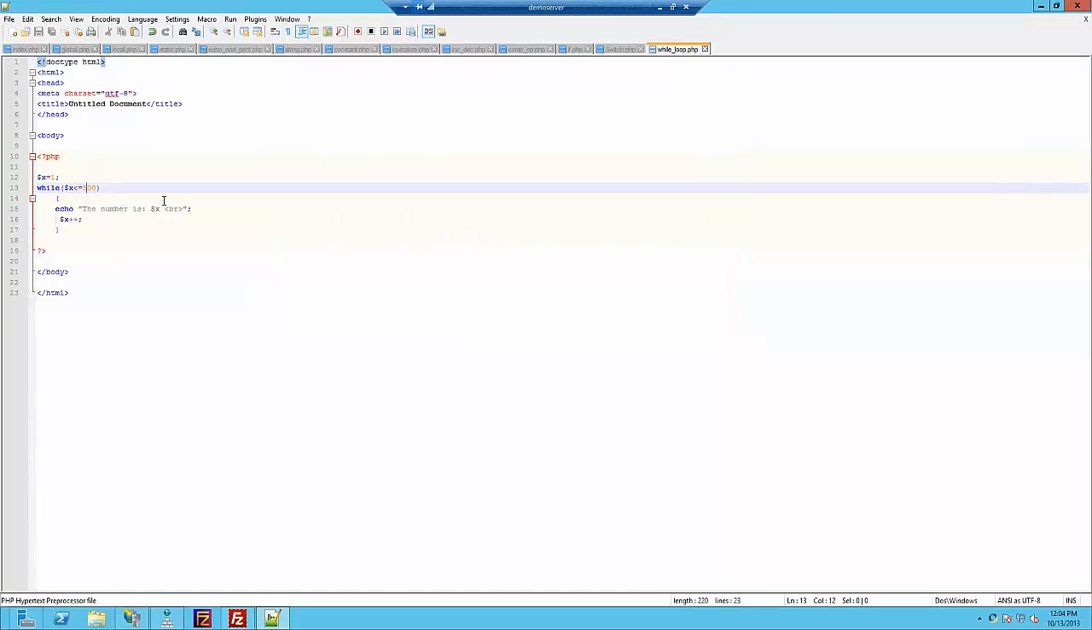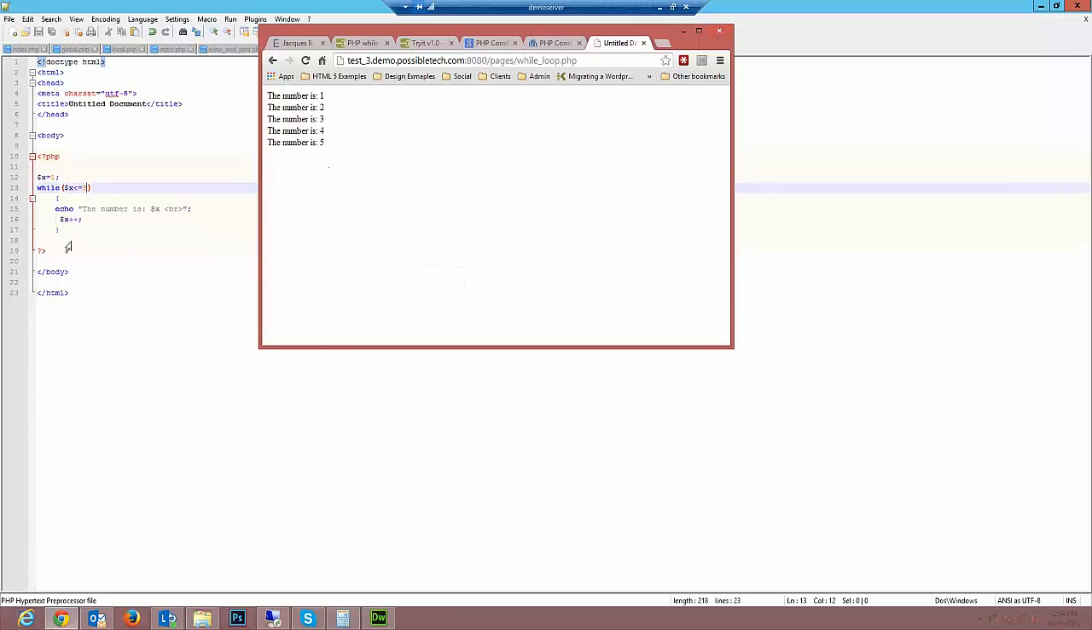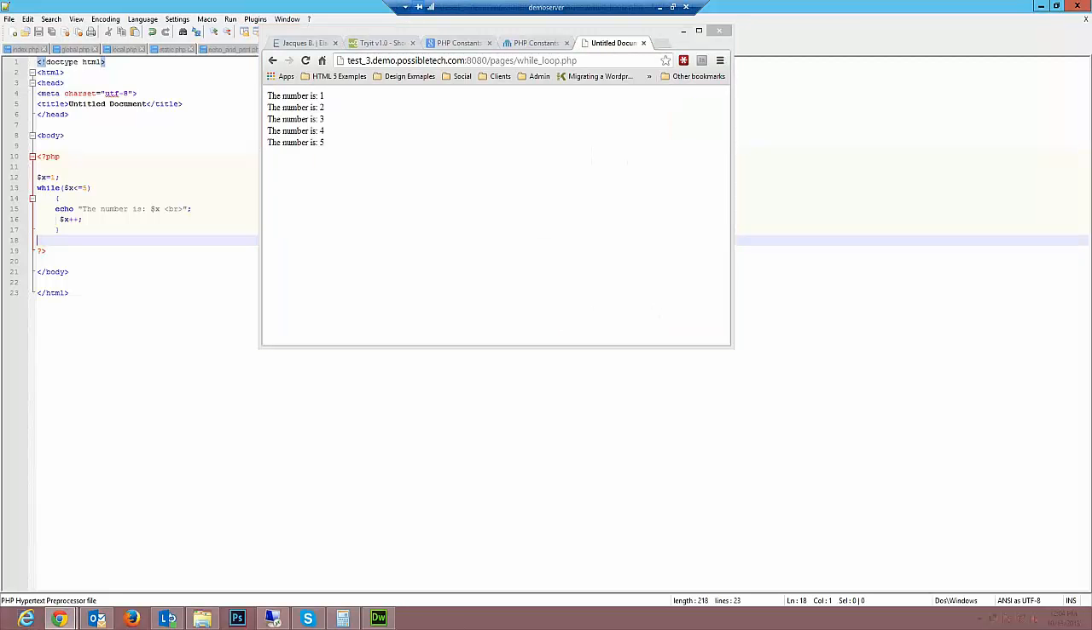Okay, so I'm going to make it back to 5. I'm just going to save that and refresh to make sure that it's still 5. Cool, it's 5. So that is a while loop. A while loop is you telling it you want a specific number, and you want it to